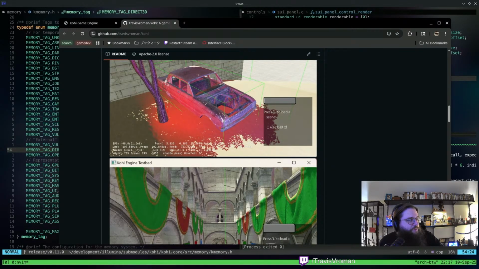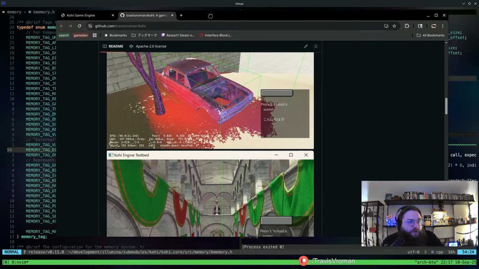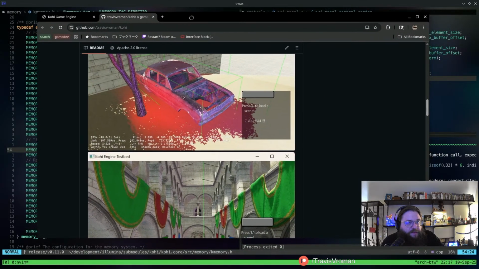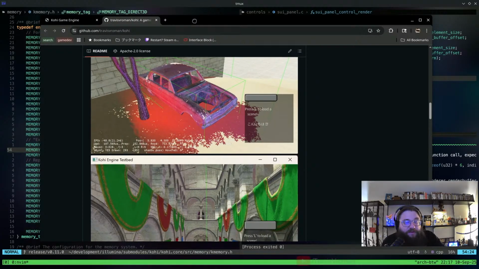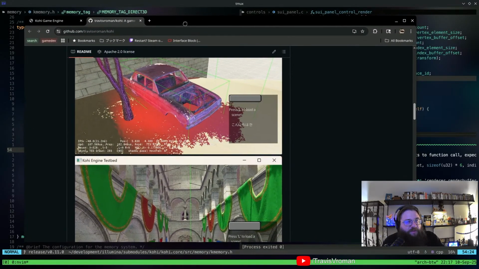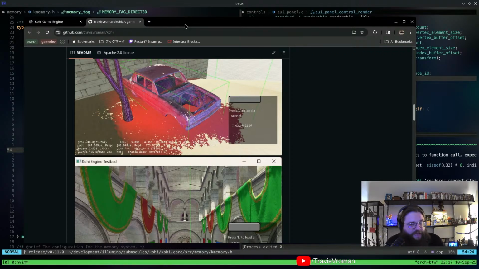When you say feature complete, what does that mean? So I guess that's a bit of a misnomer, because it's probably never going to be feature complete. Feature complete to the point where I can make the game that I want to make with it. Technically speaking, I could do that now, minus a couple of big things that I still have to add. The main big thing is animated meshes, and that's the very next thing we're going to work on after this refactor is done. Ray tracing is not needed for the game I'm going to be making, so that's not going to happen anytime soon.